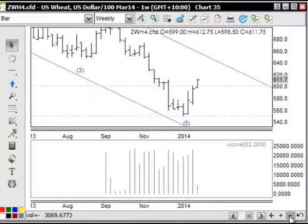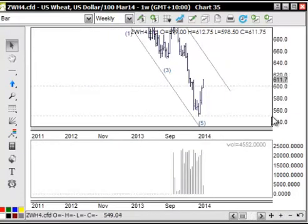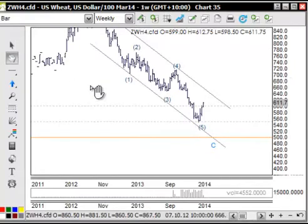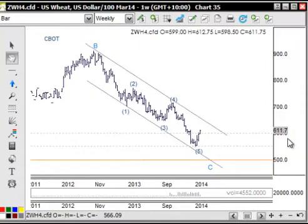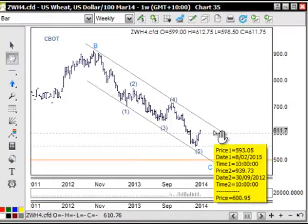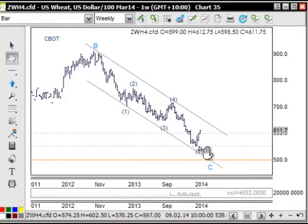And what I'm talking about here is if we can just bring in the picture here, but you probably already know this, we're basically looking for this high to be taken out up here. So it's a pretty serious trade, and if we've nailed it right at the bottom here, small little hiccups in here will seem trivial at the time. But we're just going to work our way through it, keep the positions really small, and whatever positions we can get in there and afford to get in there,